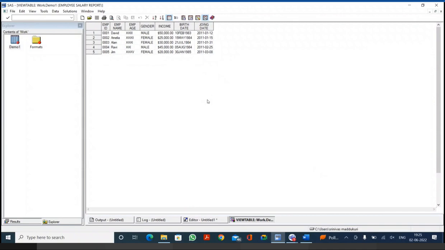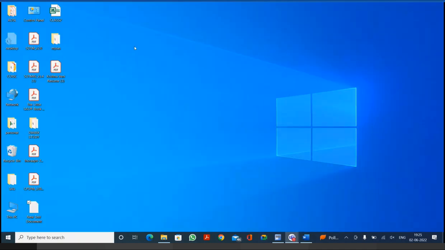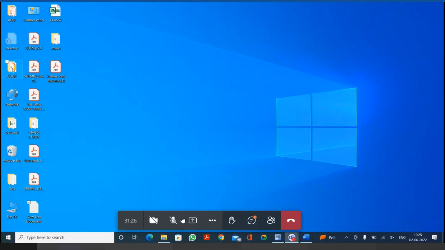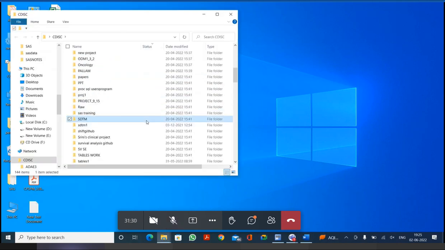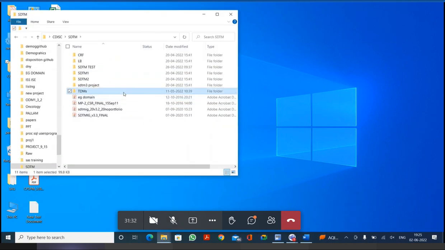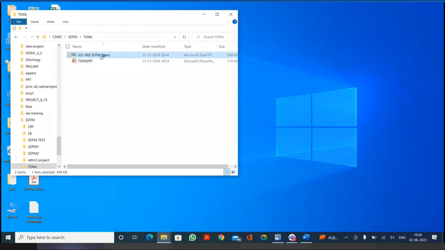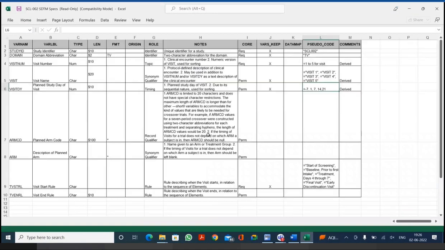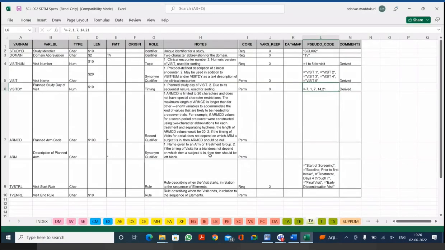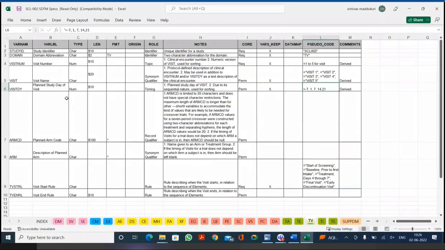This is how we are going to have it. Have you ever seen, in real time, the specification sheet? Did I show you the specification sheet? No, sir. This is how the specification sheet is going to be. You may not understand all the things, sir, but you can understand a few things. This is the specification sheet, okay? They will tell you